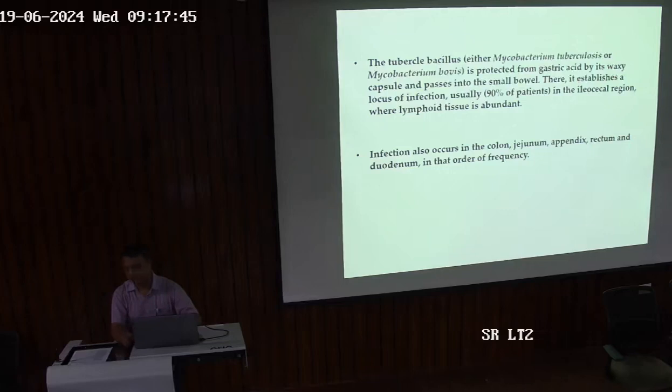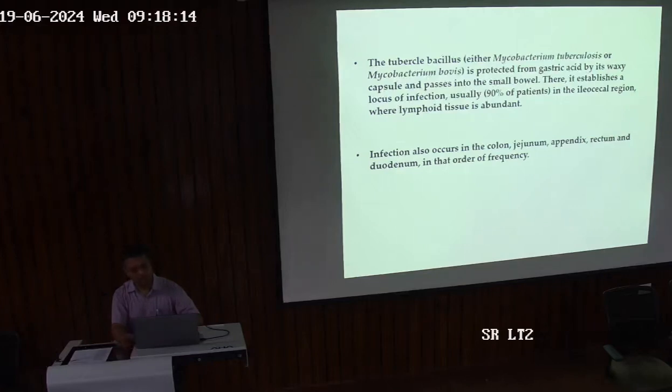I think you must have studied this organism in microbiology. It has a thick cell wall. That is why we do the acid fast staining. We pour the heated acid on it, heated carbol fuchsin, so that it can penetrate through its wall. So it gives protection to this bacteria from the acids also by the waxy capsule and passes through the intestine,